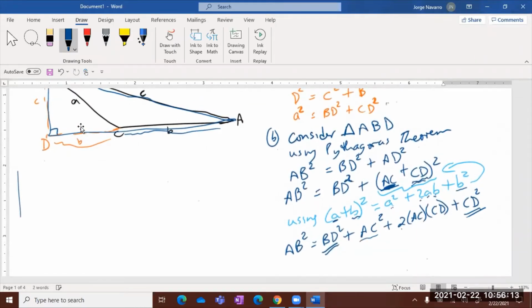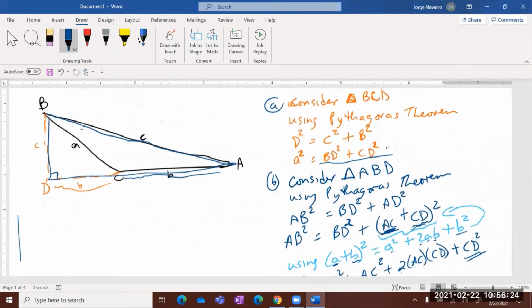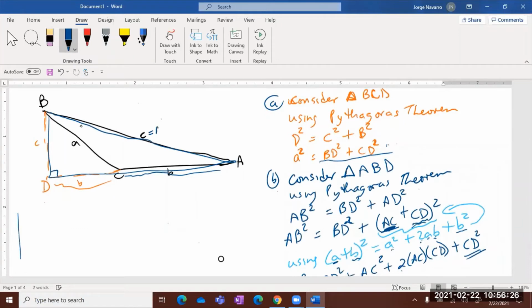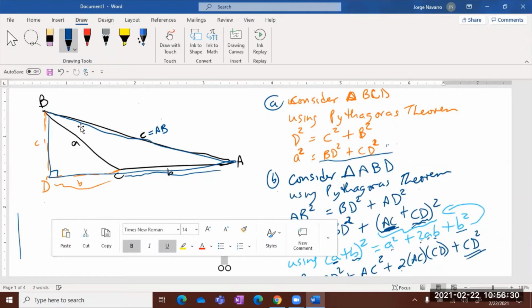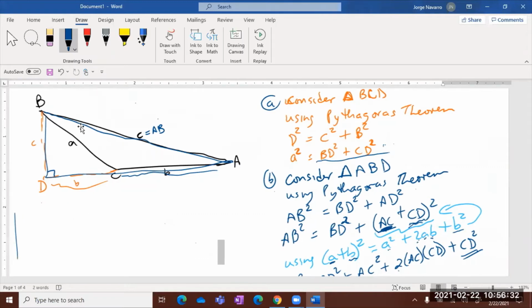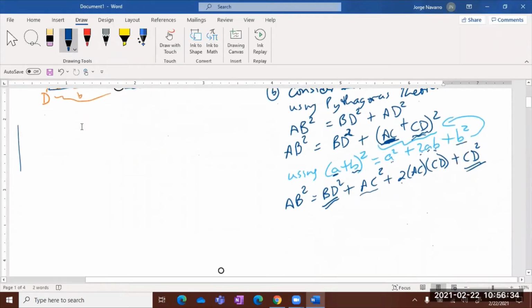Because BD squared plus CD squared is A squared. So I can remove them. In fact, let's remove everything. AC is actually AB. That side C is AB. So if I say AB squared, that's like me saying C squared